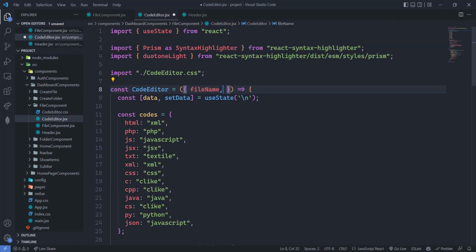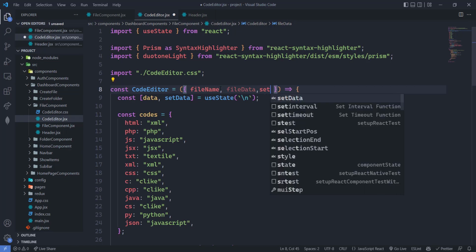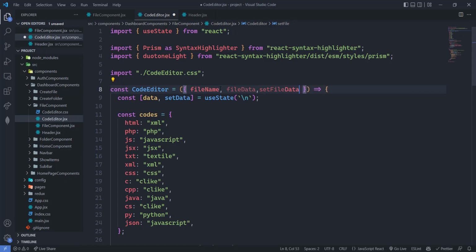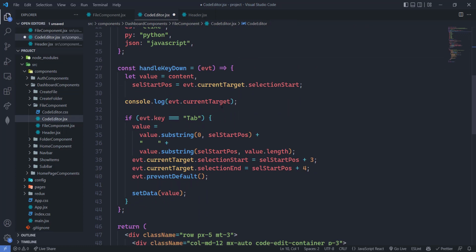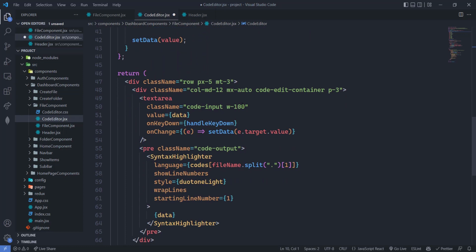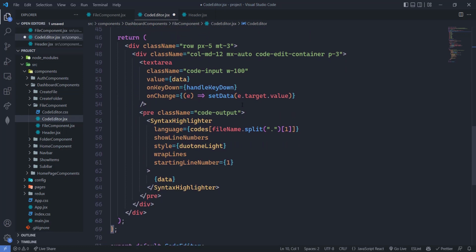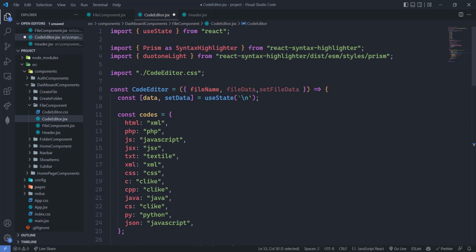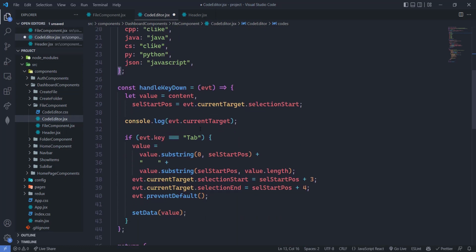So here we have to fetch, that is file data, and set file data here. So here we have to fetch, and here what I'm going to do, here I'm going to, e.target.value is there. Yeah, that is good. We have this set data here. So instead of this, we are going to use file data here,